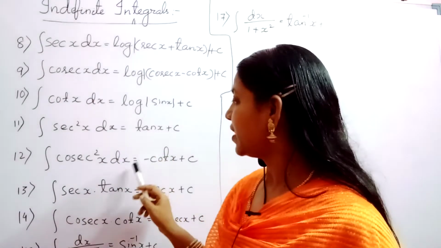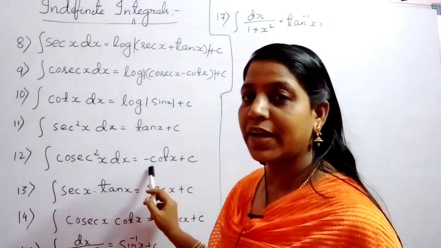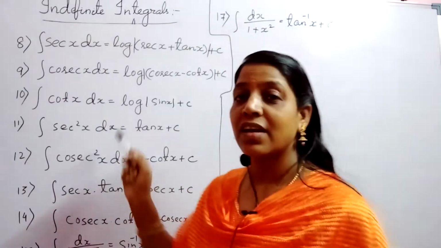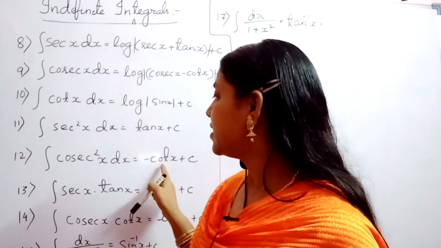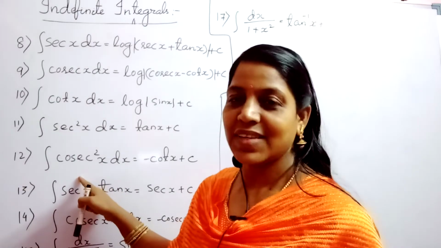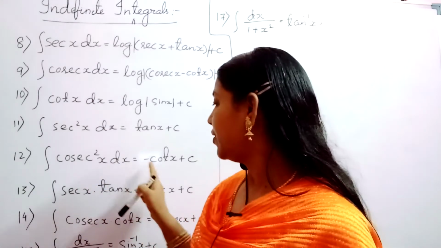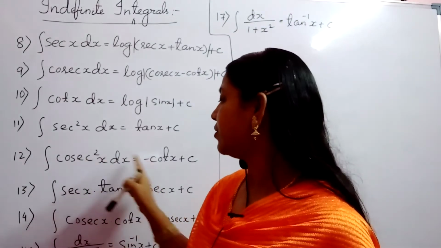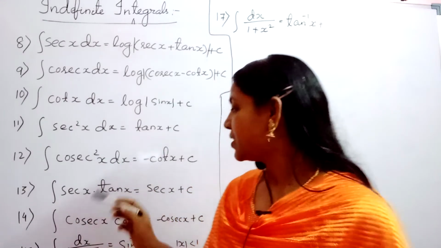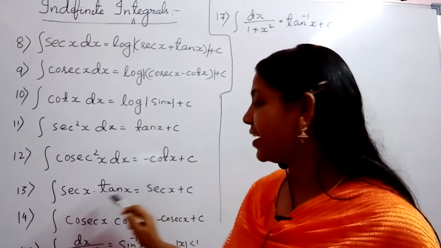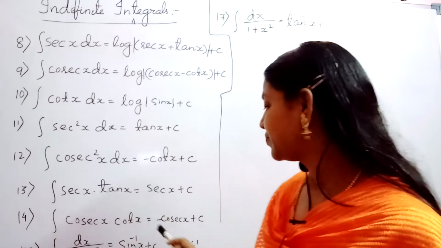Direct formula. Then come to cosec square x dx. Then integration of it, what will you find? Minus cot x. Why? Because the differentiation of cot x is nothing but minus cosec square x. Yes or no? Differentiation of cot x is minus cosec square x. So minus of minus will get cancelled. So it will come as integration of cosec square x dx equal to minus cot x. Yes or no? Similarly, differentiation of secant x is secant x into tan x. You already studied in 11th maths.